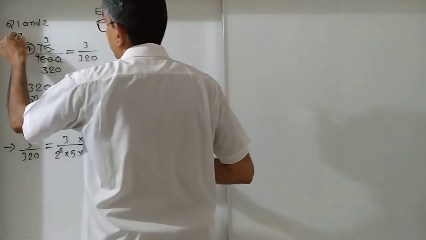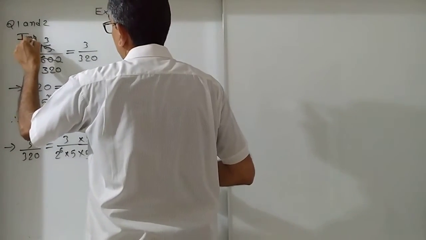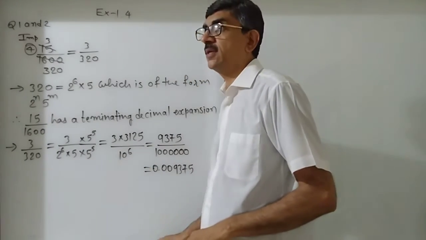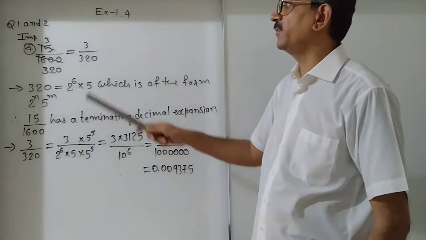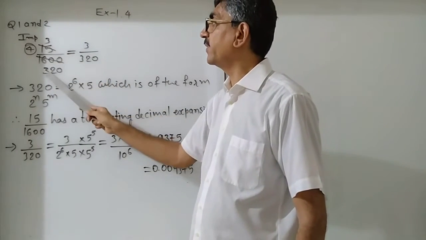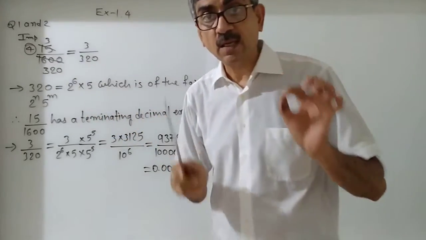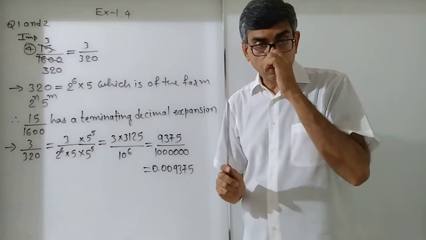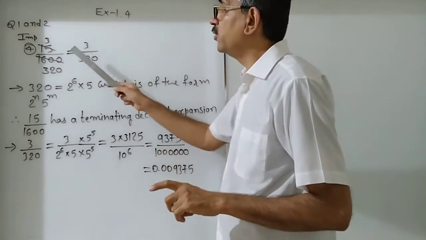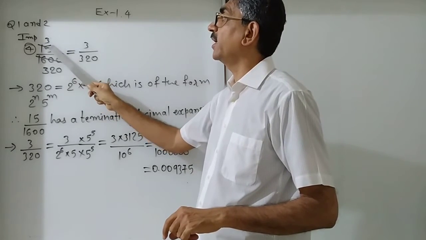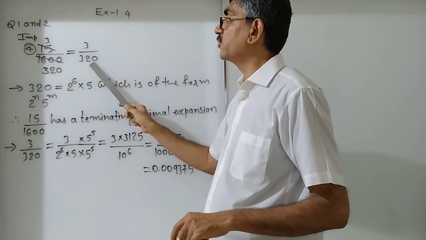Why? Because up to sum number 3, we have not carried out cancellation. It's not possible to simplify there. Here 5 is there, here 6, so we divided by 5. So in the exam, in this type of question, first you try to reduce the given rational number. If it is possible to reduce, carry out cancellation and write in reduced form.